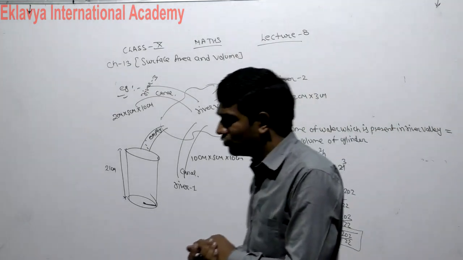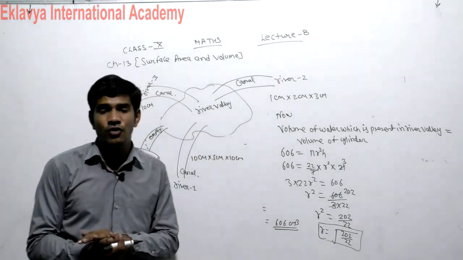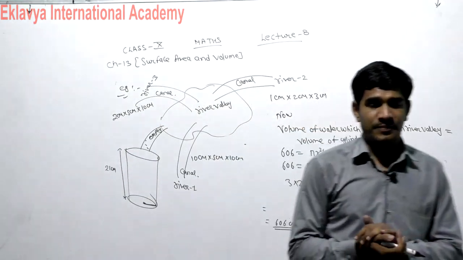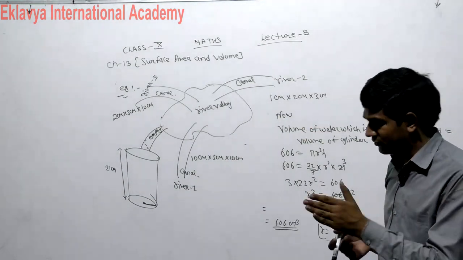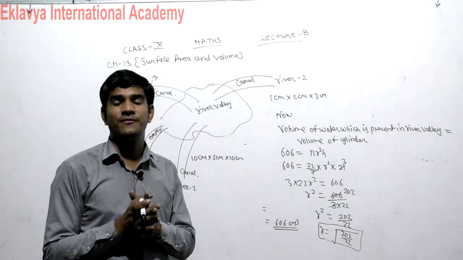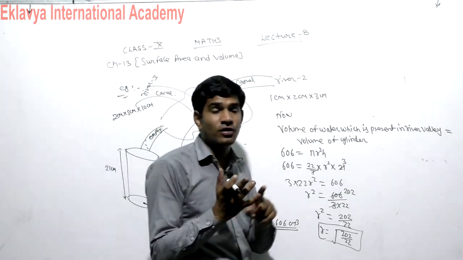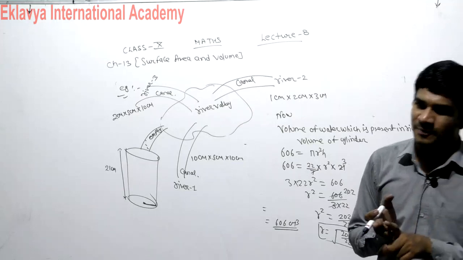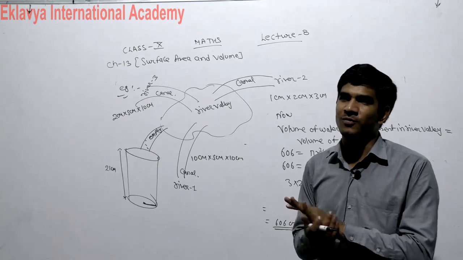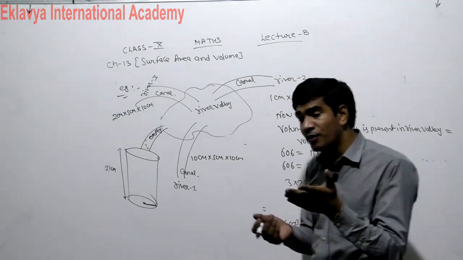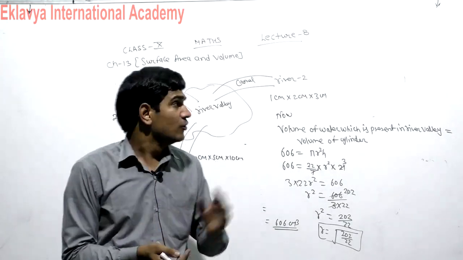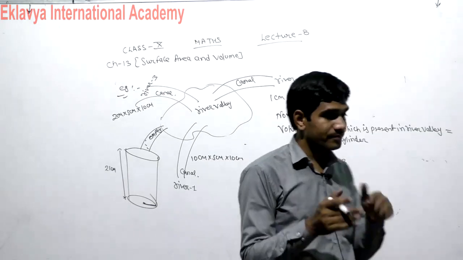All students, you know that exercise 13.4, that is the frustum of a cone, which is deleted from your syllabus. So chapter 13 is complete up to exercise 13.3. After that you also do exercise 13.5, questions based on cone, cube, cuboid, sphere and hemisphere. You will not do questions which are based on frustum of a cone. You do not have to do questions based on frustum of a cone, it has been deleted from your syllabus. Understand? So in chapter 13 again we revise.